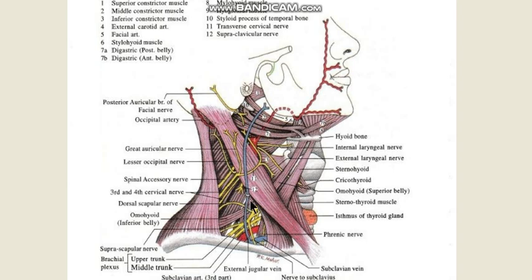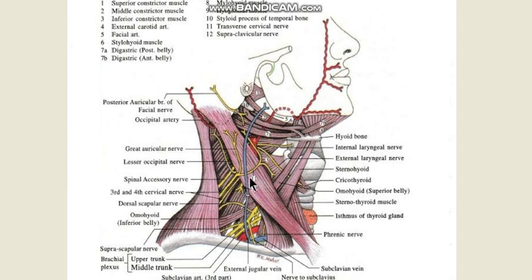You can just make out the scalenus medius over here, and scalenus anterior will go over into the lower or subclavian triangle, and you can make out the lesser occipital nerve, great auricular nerve, transverse cervical cutaneous nerve, the supraclavicular nerves, and here we have drawn the external jugular vein which is going into the subclavian vein,